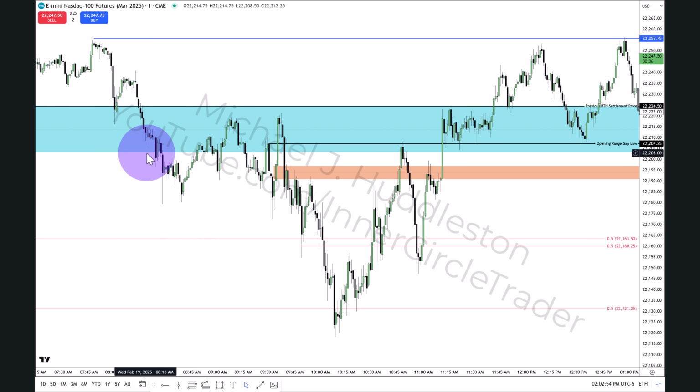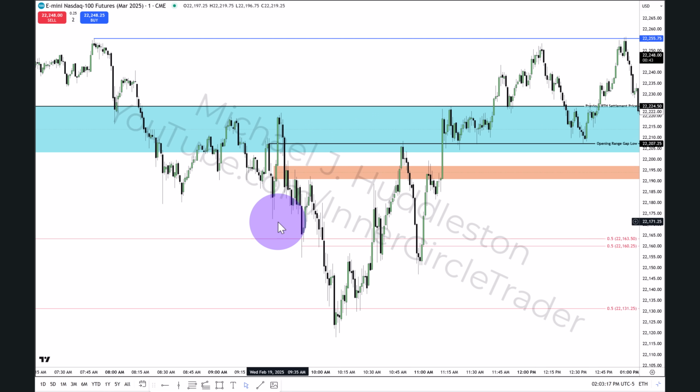So this volume imbalance is from the daily chart. And today we were already expecting, as I gave guidance in the Telegram channel, that we were going to have a very small opening range gap. Now, previous regular trading hours settlement price, we don't know if that's going to be the high or the low of the opening range gap until 9:30. So at 9:30,